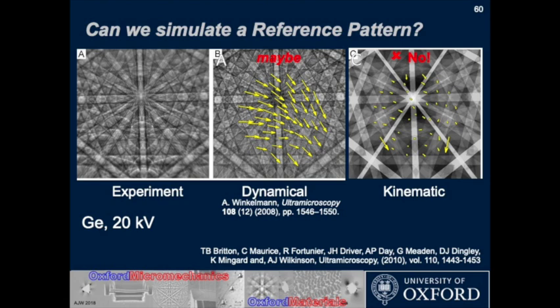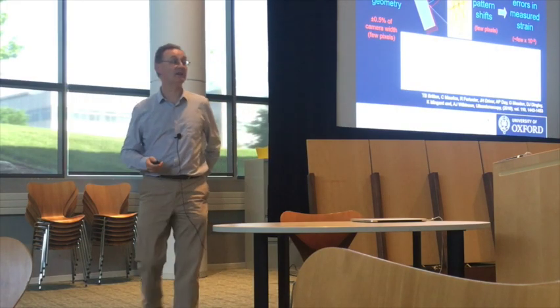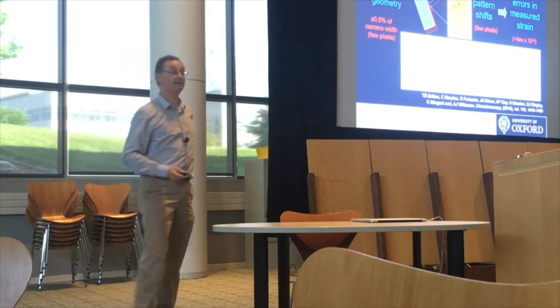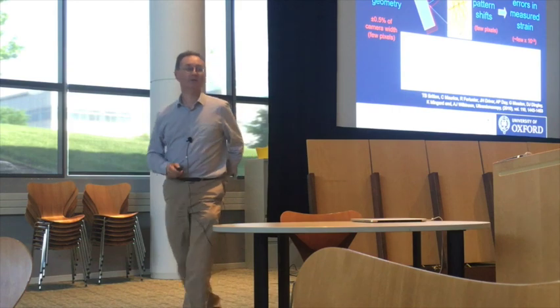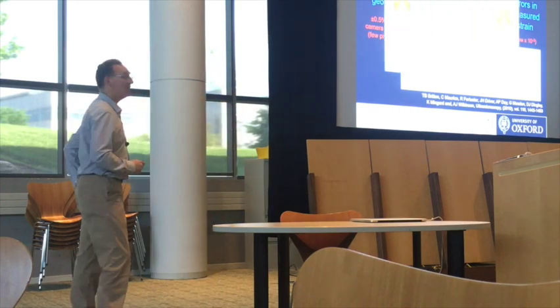Well, it means that I get pattern shifts potentially by a few pixels that are uncontrolled. And if I've got a few pixels in the pattern shift, that means I've got strains when I calculate them through to 10 to the minus 3, and could well just dominate anything that I'd see. So, unfortunately, no, we can't use the simulations. Well, I say that,